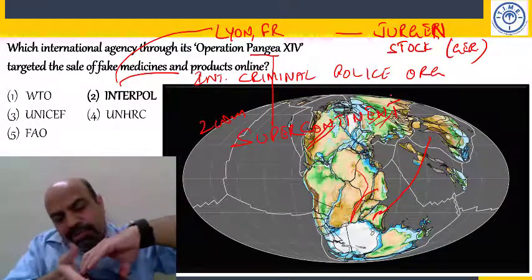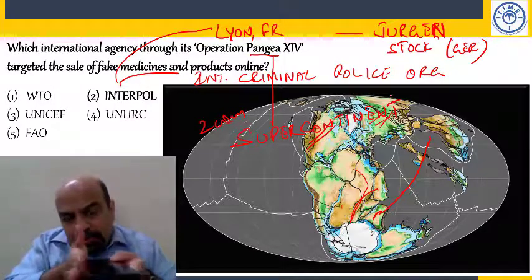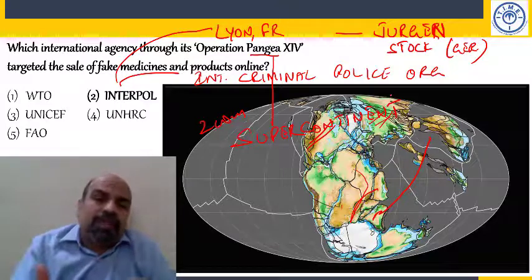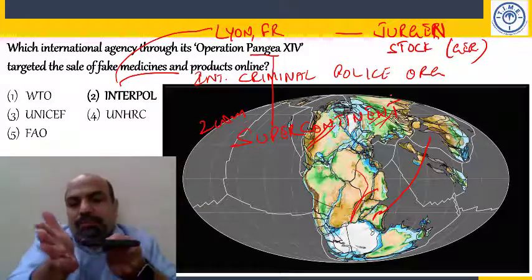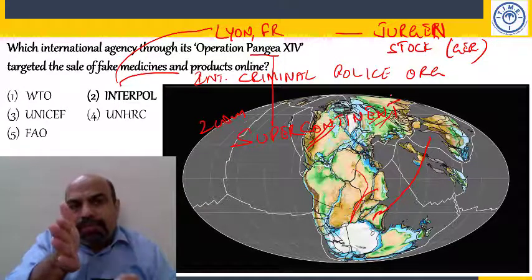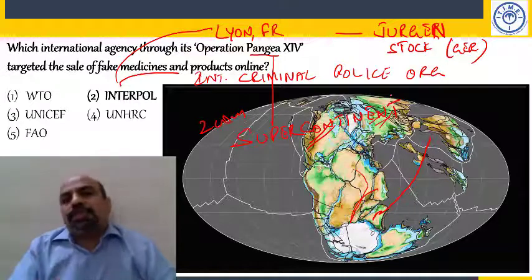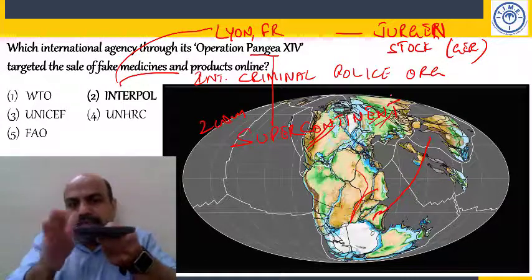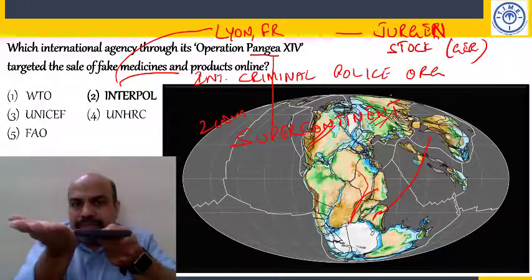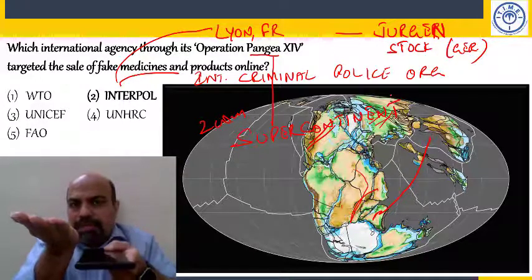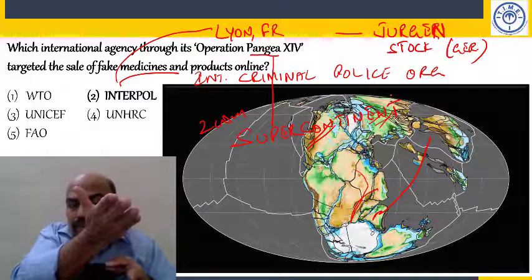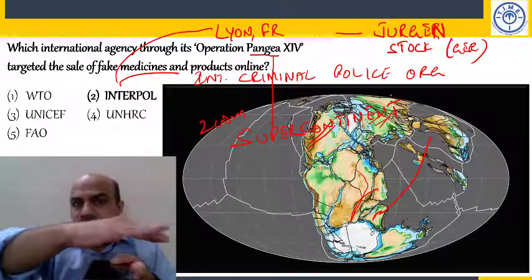And even when two different plates scratch and rub against each other, there's a release of energy. Sometimes one plate goes below the other plate, and this also creates earthquakes. And if this plate goes down here and it happens under the ocean, water from this side will come to the other side to maintain equilibrium.